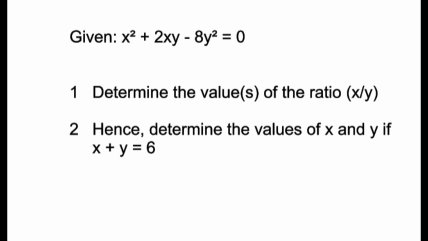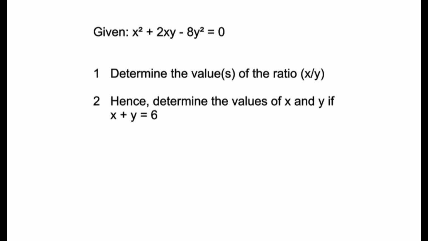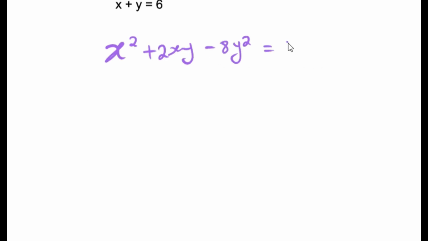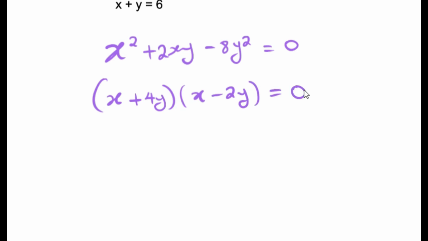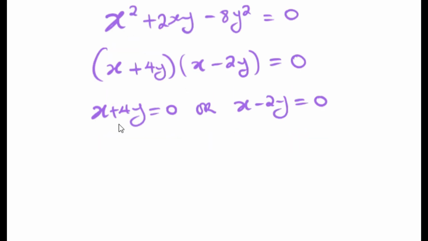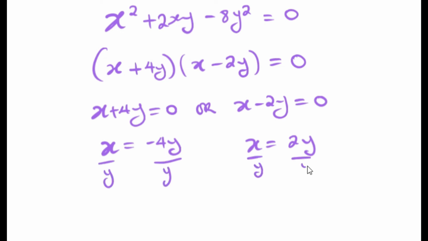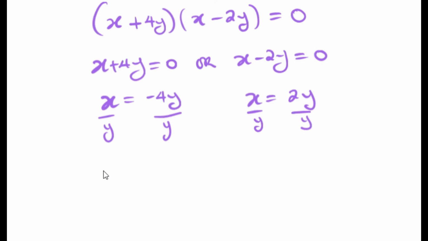Now, we notice that this is a trinomial. This trinomial can be factorized, and if we do factorize it, this is what we get. If we simplify this a little bit further, this is what we also get. Now let's move the y over to the other side. Since we need x over y, let's also divide both sides by y. And finally, you'll get